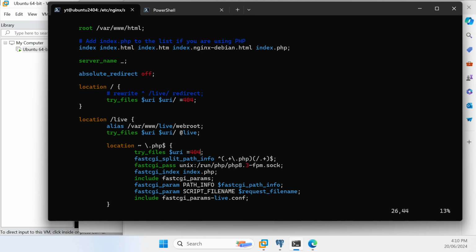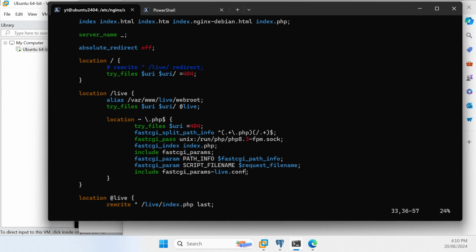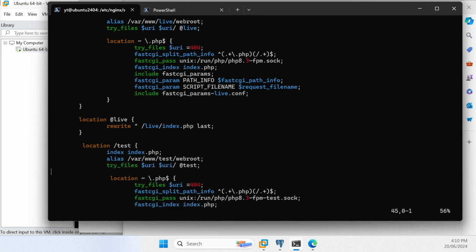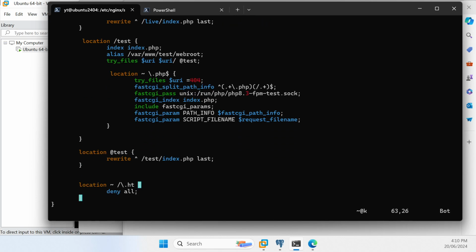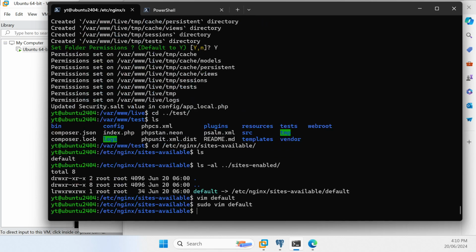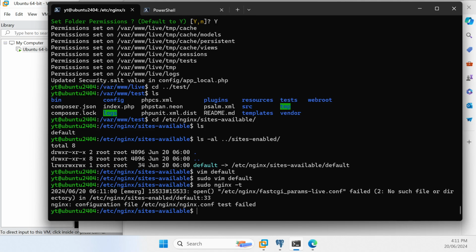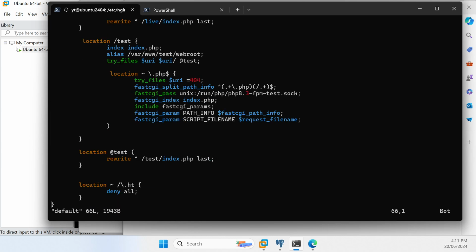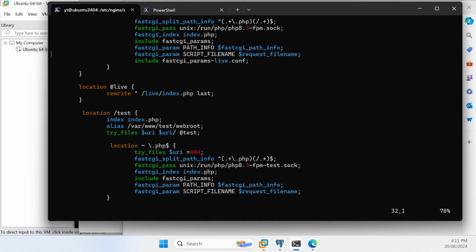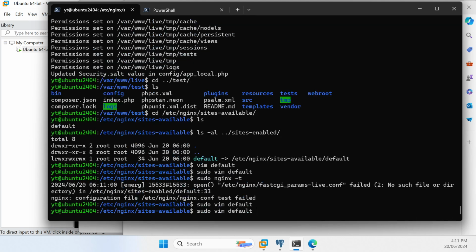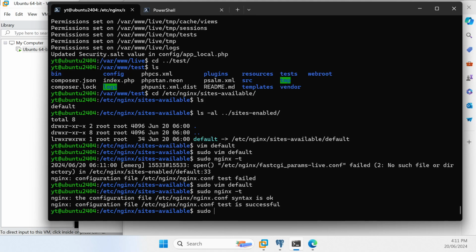how it passes off any PHP files to FPM, and we're just going to leave this as it is at the moment and save it, and then do a syntax check, and straight away we notice that our syntax check is failing because there's a file being referenced that doesn't exist. So we'll just go in and comment that out for the time being, and then do the syntax check again,